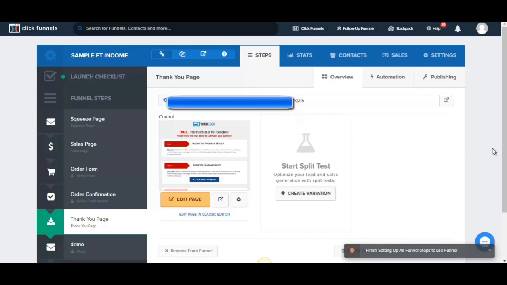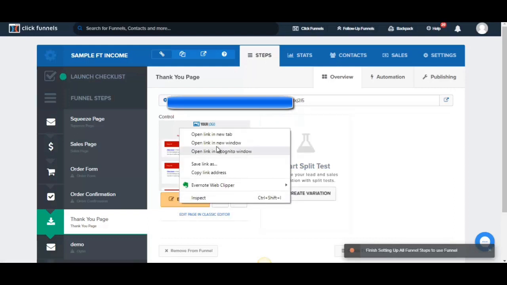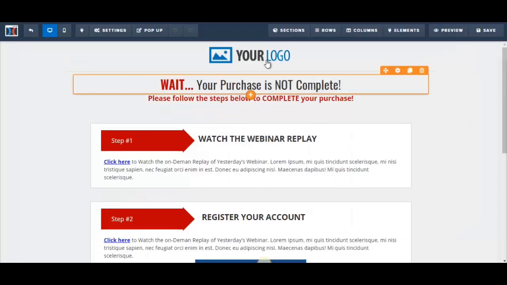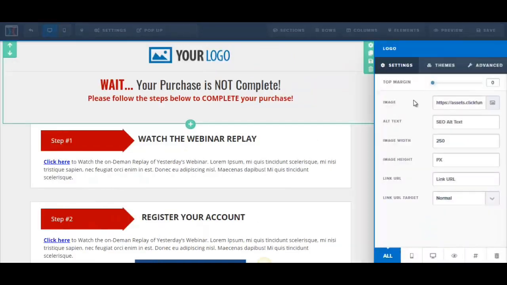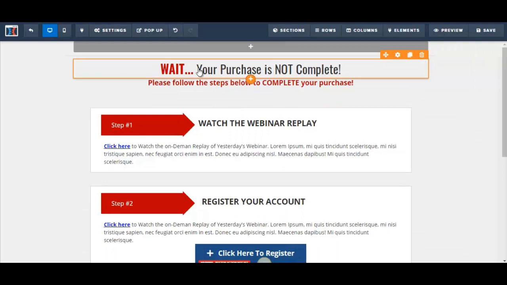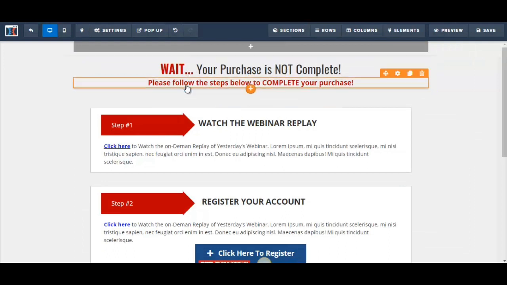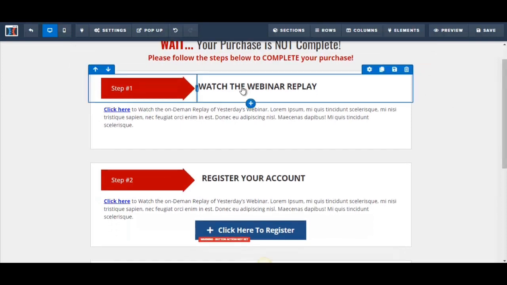Now that we've chosen our template for the thank you page, let's go ahead and edit the page. Okay, let's start from the top here. You can insert a logo here if you have one. You can just click here and upload your image. But for now, I'm going to delete this since we don't have a logo. It says here, wait, your purchase is not complete. Please follow the steps below to complete your purchase. So usually what I would do, step one,